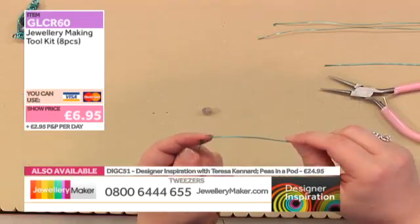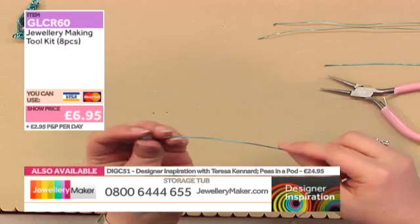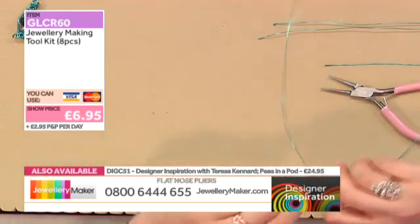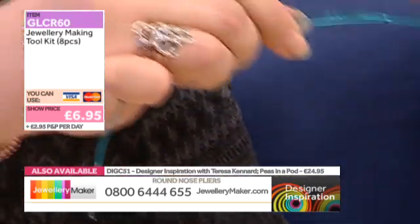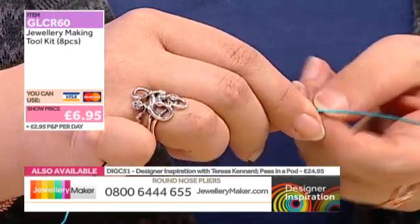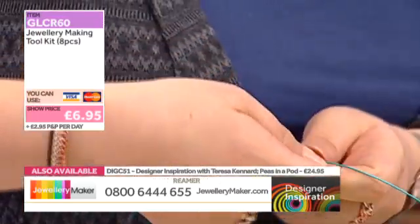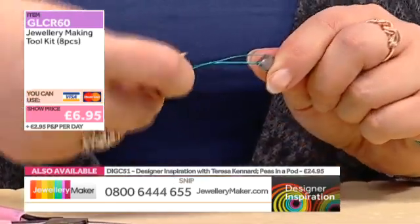So I'm just going to pop that on to my wire, and one of the cloudy quartzes. And apologise, this is quite long, but we do use quite a bit. So then all you're doing is taking this one, the wrapping wire and the 0.6, around the bead. It starts off on the top and it finishes on the top as well. Wrap that around that wire right the way round, and then back again over the top